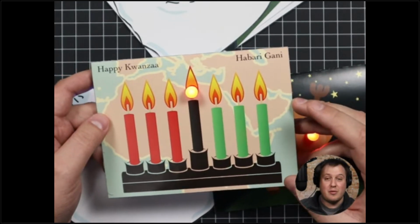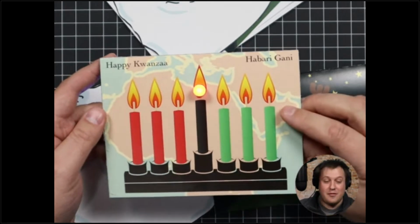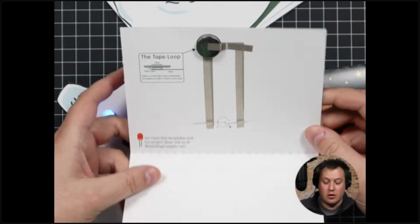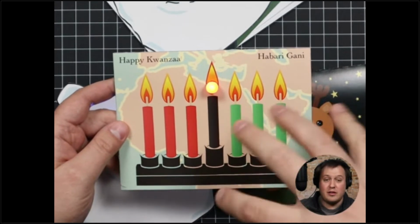For instance, Pete made up a very nice Happy Kwanzaa card yesterday, an event I'm not horribly familiar with. It's a cultural holiday, but he made a nice, very simple papercraft card here that you could print out. With all of these cards we've made up and other holiday activities,